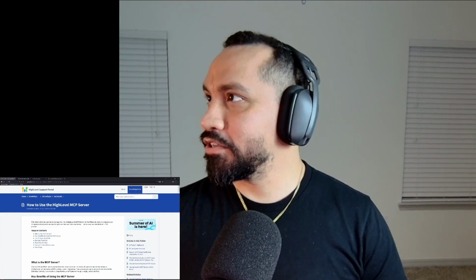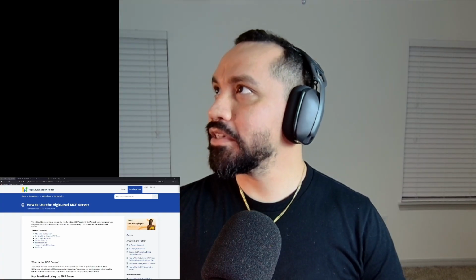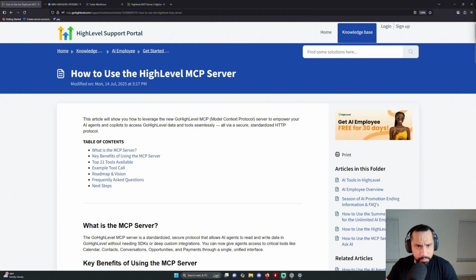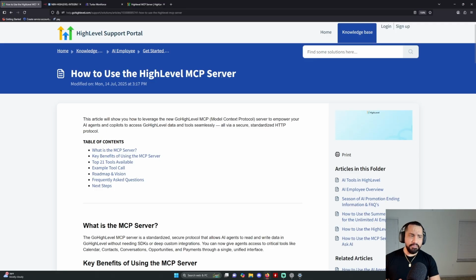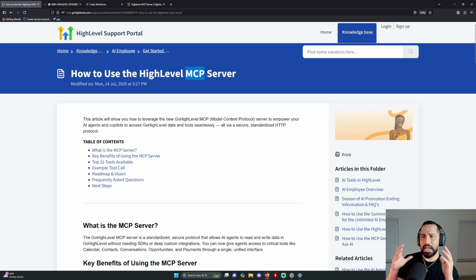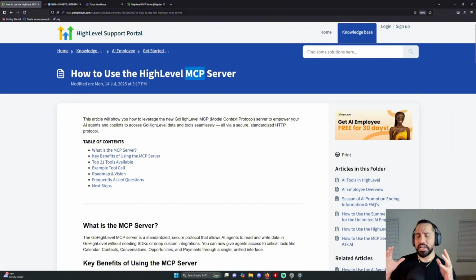So what do I have on my screen right now? It's something that you would need to be very familiar with, right? We are talking about the HighLevel MCP server. And this is amazing news for anybody that doesn't really understand MCP server, or you haven't really heard the term. Think of it as a general connection that is made so that you can kind of plug and